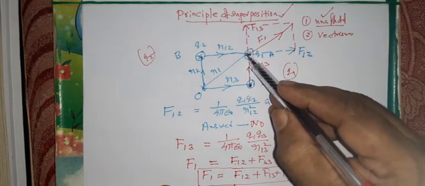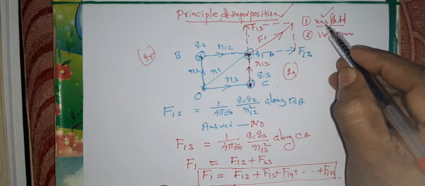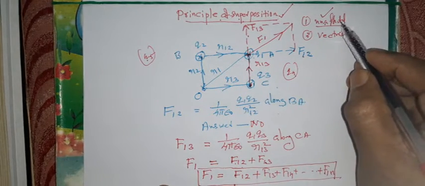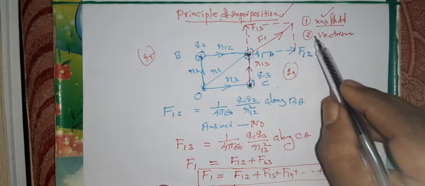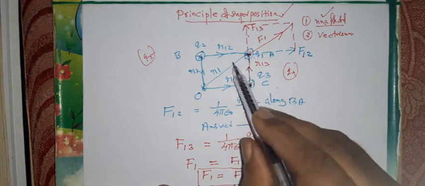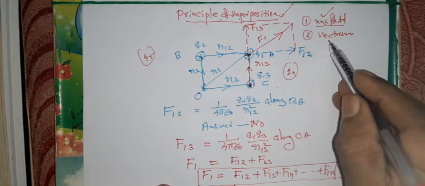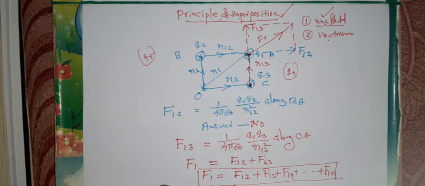Therefore, the important points of the principle of superposition are two. One is that the force between two charges is not affected by the presence of the other charges. Then the total force is the vector sum of the forces due to the individual charges. On summing up, you will get the principle of